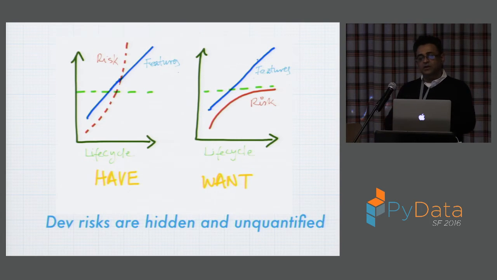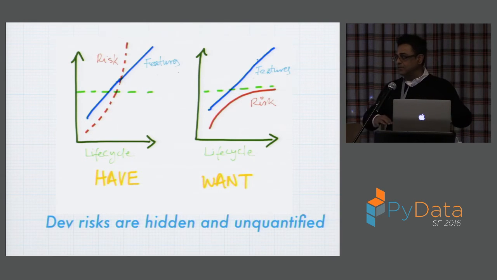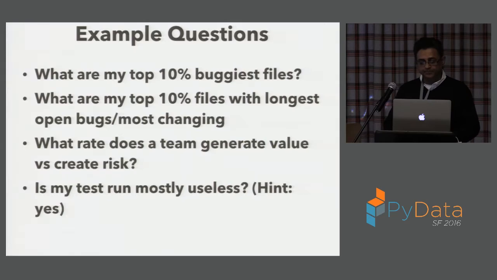And you can see on the right side, the risk line has become solid instead of dotted, which suggests something going on that you can't put your finger on. And the green line is some sort of safe thing that we have. Each person has a different gut feeling of what is safe and what is not. And what we really want to do is to externalize this risk and to damp it, because we now can measure it under whatever it is that your local measure of safety is.